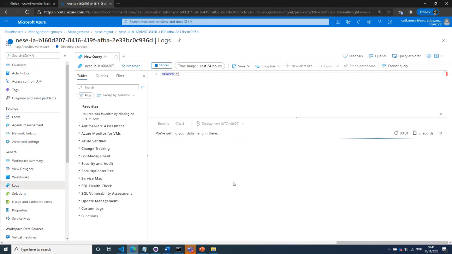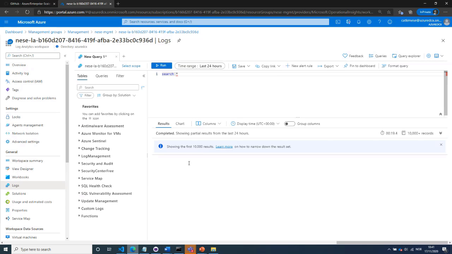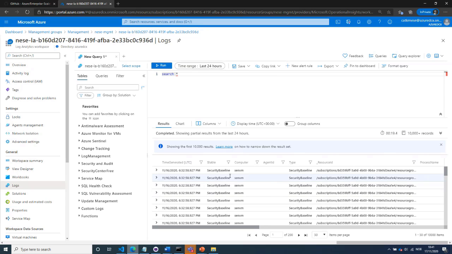It's not that my environment is that large, but we have a few VMs, a few subscriptions, and a few non-compute resources connected to this workspace. So we should have quite some data in here. Obviously, the query is taking some time, but as you can see, we have data from the security baseline. If I also want to do a more